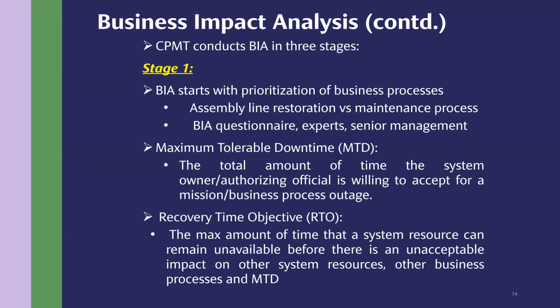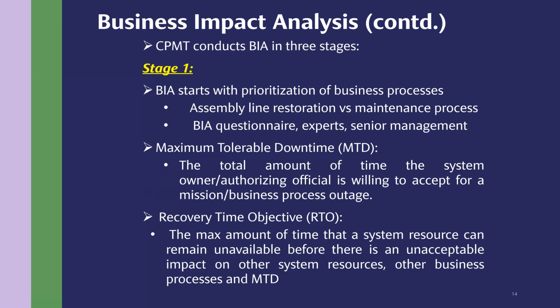The second thing is that BIA establishes a set of questions, a questionnaire, and they perform this questionnaire with the experts and the senior management in order to get more knowledge of these business processes. So it's very important. These questionnaires are prepared in such a way that they get useful information about all business processes. Then once this prioritization is done, the cost comes into the picture. What is going to be the cost? And to analyze the cost,